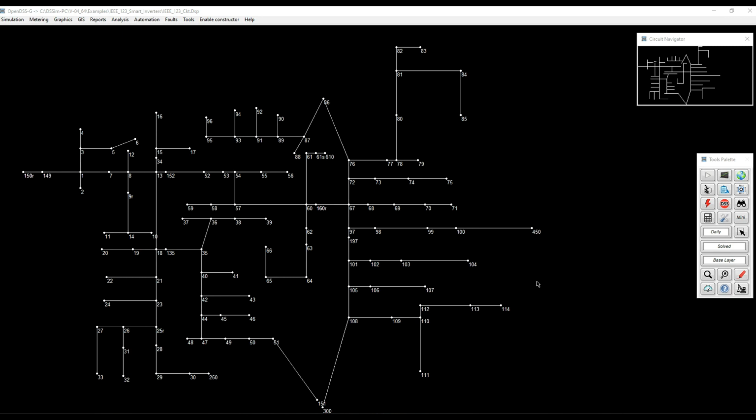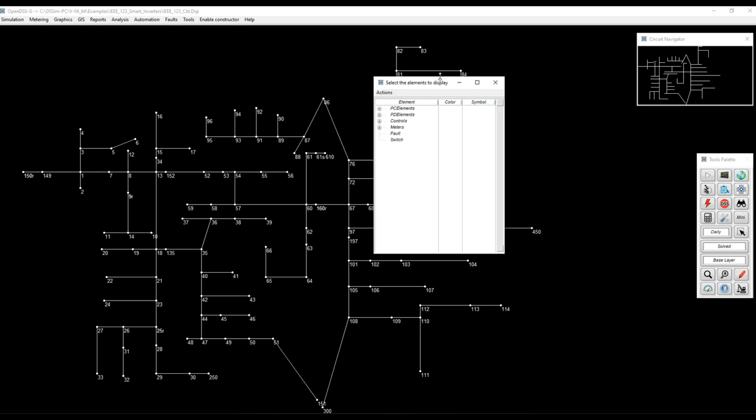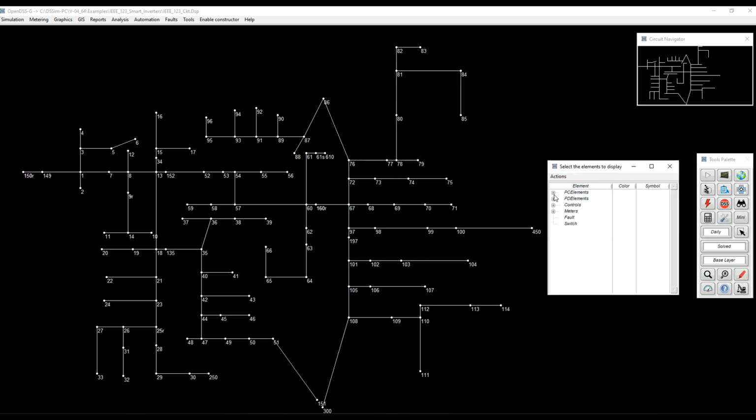In this session, we're going to talk about a new tool that is incorporated with OpenDSS-G version 5. This is called the EventLog Navigator. It's a very interesting tool that will allow you to debug your control actions when reaching the maximum number of control iterations. This is something that can be done manually with OpenDSS, but in this case, we try to